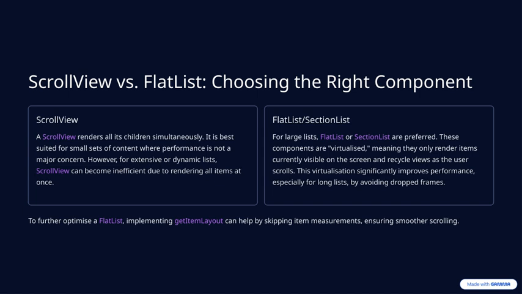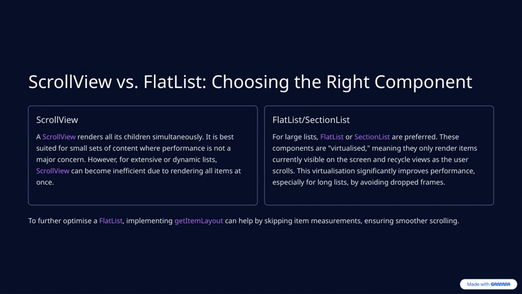So, in summary, for small content, ScrollView works fine, but for larger or more dynamic lists, FlatList or SectionList are the better choice due to their virtualization capabilities. Connecting this to our overall theme, choosing the right list component directly impacts app performance and user experience, which is